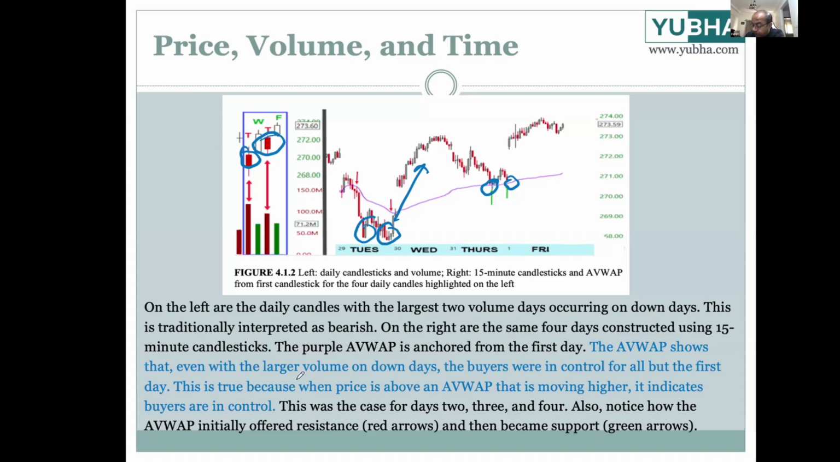So when the price is above VWAP and is moving higher, it indicates that the buyers are in control. This was the case for day 2, 3, and 4. So day 1, the sellers were in control, but as soon as the sellers lost control and the prices moved above VWAP, then the buyers did not allow it to come back down. And what you can see is that even though on Thursday, which is this day over here, the prices were going down, the price stayed above VWAP throughout and tested the VWAP and then